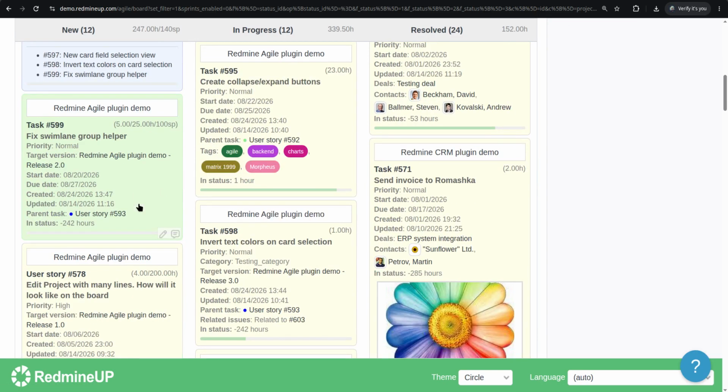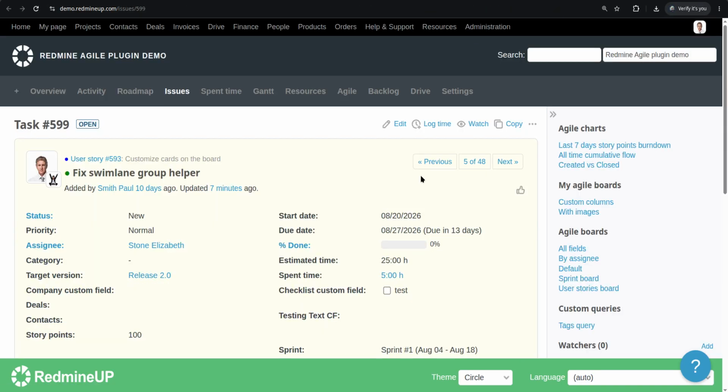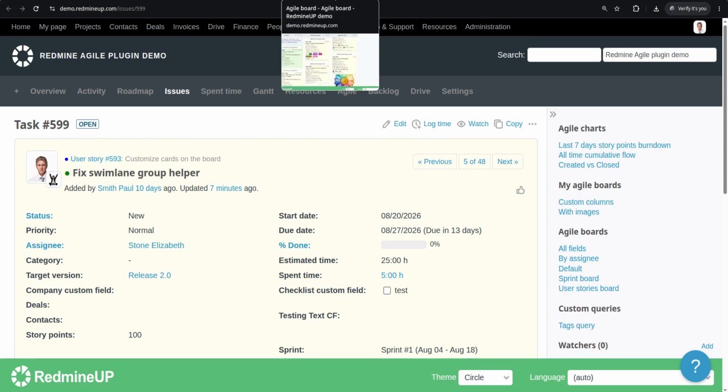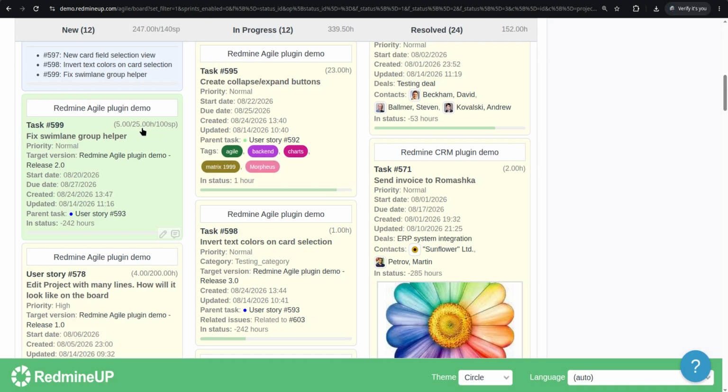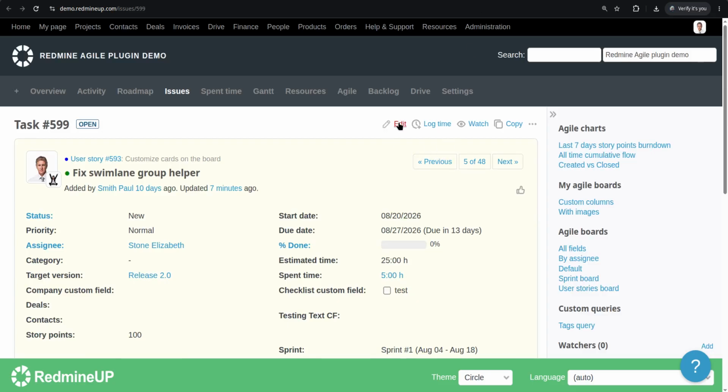But the thing is that it is visible on the top. Okay, we see that we have estimated time here 25 hours, and yeah, it is visible here. So we have spent time, estimated time, and story points. Okay. So yeah, if we change this, for example, to